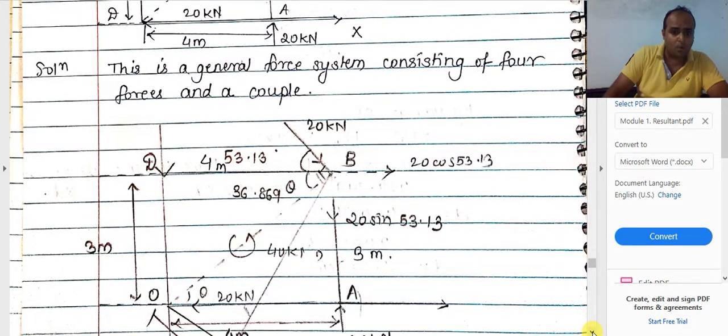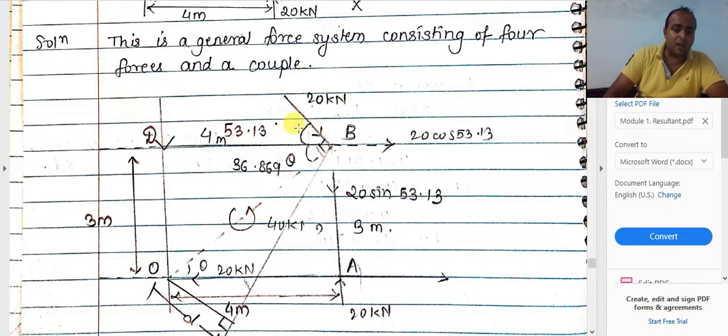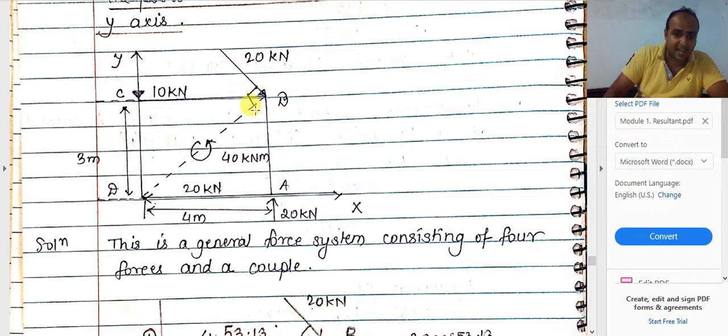As you can see in the diagram, there is only one inclined force, that is the 20 kilonewton force, which is inclined at a particular angle. How to find the angle so that we can resolve the force into its rectangular components? This angle is coming out to be 53.13 degrees with respect to the horizontal axis. How do we get this angle? As we can see from the question's diagram, the total angle of the 20 kilonewton force with the diagonal is 90 degrees. So we are supposed to find out only this much angle. For that we have been given this particular angle.